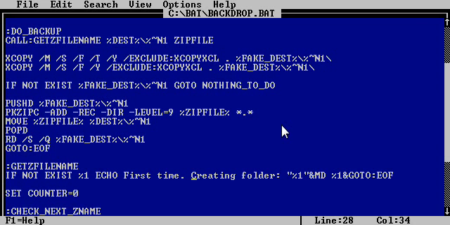So now, when we call this get zip file name, the first parameter is the actual destination, the real destination folder. What it's supposed to do is search for an available zip file name and place it into this environment variable as a return value. However, if the thing passed in %1, well, that's the directory, doesn't exist, and we're printing out this message